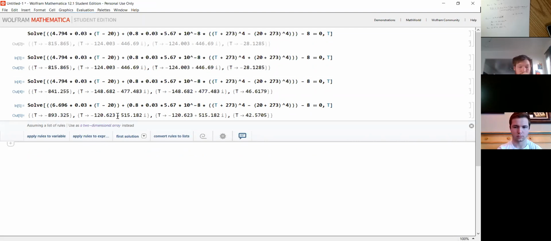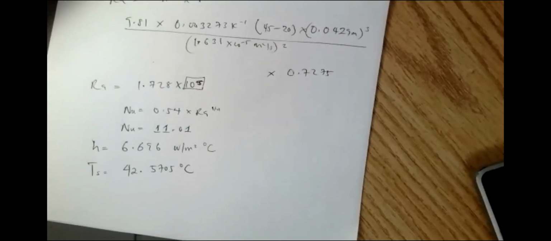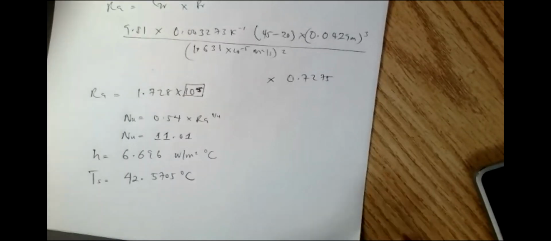We have the complex number pairs, and then we have this value, and that is T surface for this condition, 42.5705 degrees Celsius. Okay, so by now you should have noticed a trend. Okay, so if we're going to compute the next one, which is for the case where it is horizontal, but